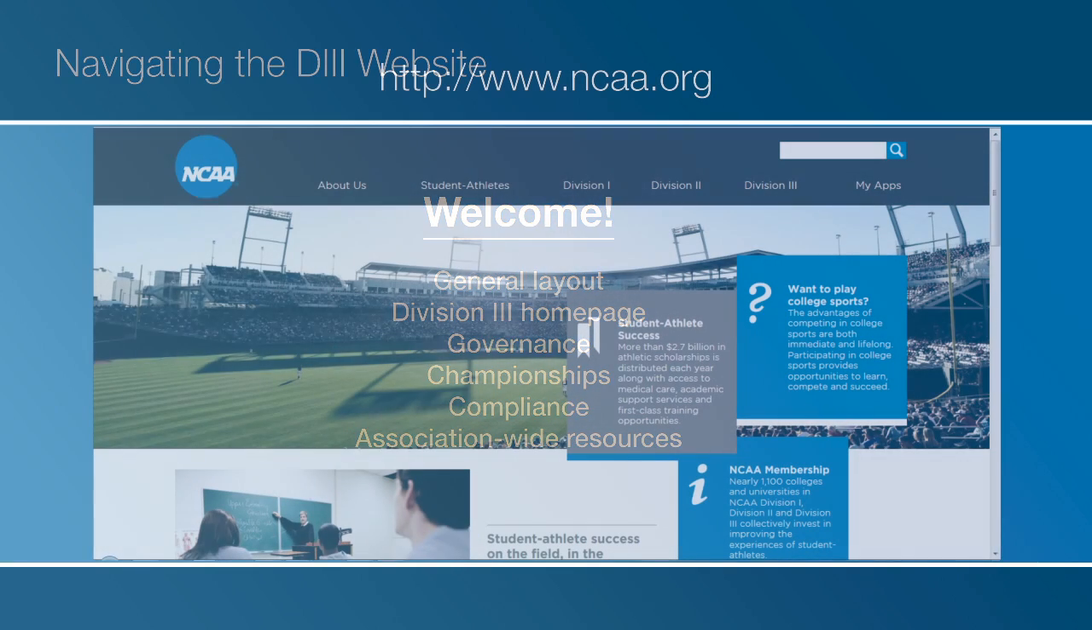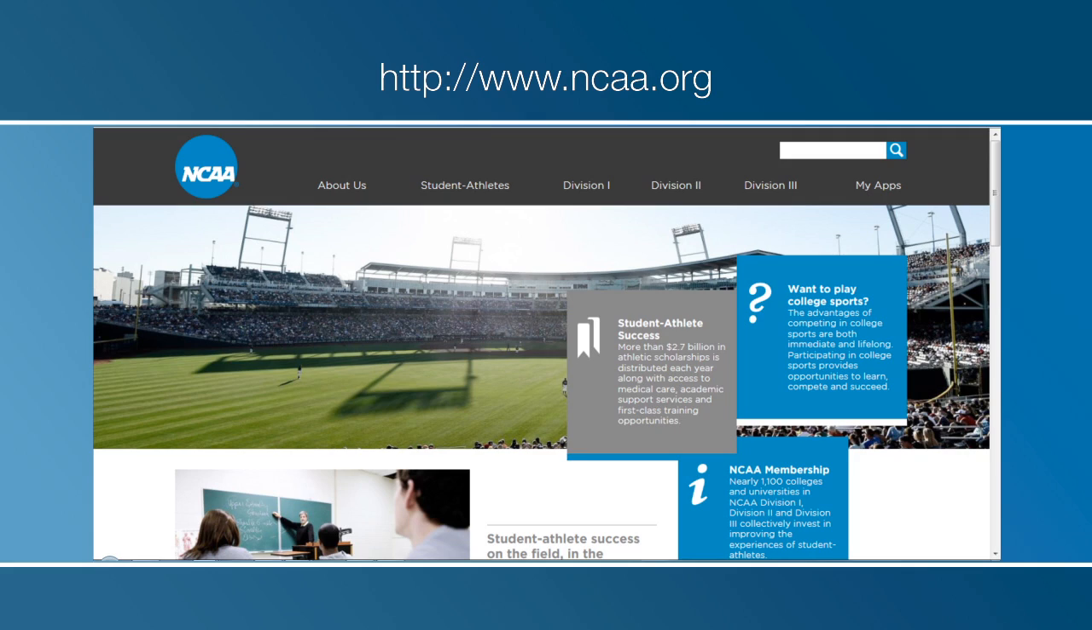The NCAA homepage can be found at www.ncaa.org. You will see the newest phase of the new layout for the website. From this homepage, you will have many options to choose from. At the top, you will see 6 tabs: About Us, Student Athletes, Division I, Division II, Division III, and My Apps. No matter where you are on the website, you will see these 6 tabs at the top of the